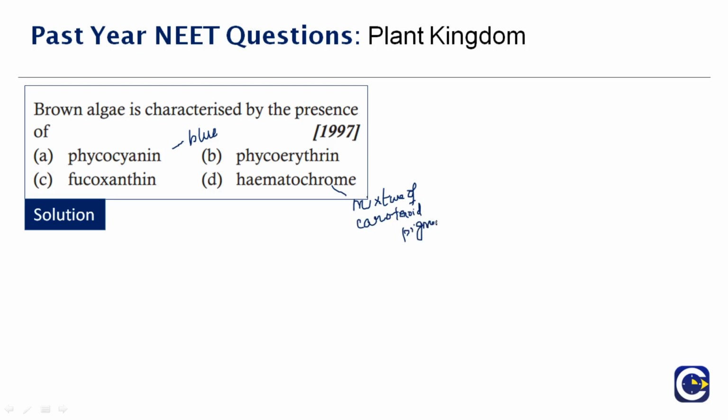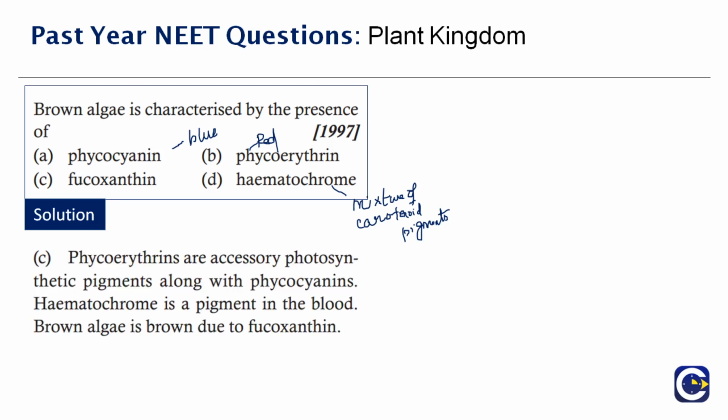Therefore, the correct answer to this question is fucoxanthin. I told you clearly which pigment resembles what. This is for red, and this is a mixture of carotenoids. And here, if you see, this phycocyanin is a dominance of blue color. It resembles blue. Therefore, the correct answer to this question is fucoxanthin. Now, you can ask me, what does fucoxanthin stand for? Fucoxanthin is a xanthophyll with the formula